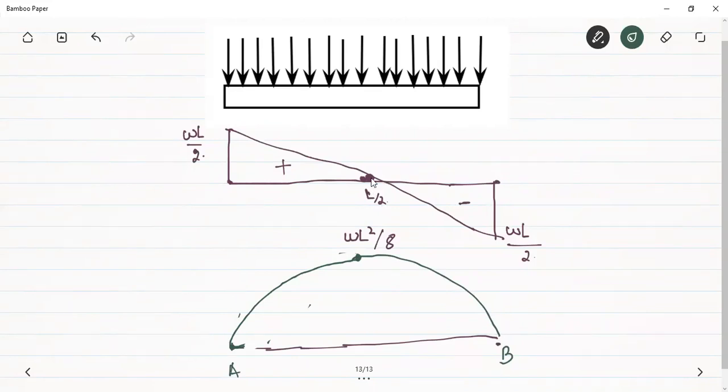Since shear force goes on increasing from x equal to L by 2 to x equal to L, the slope of the parabola from x equal to L by 2 to x equal to L should also increase. So this is a parabola of decreasing slope from 0 to L by 2, and increasing slope from L by 2 to L. This becomes a dome shaped structure. This is complete sagging, positive bending moment. So this midsection becomes the critical section as far as the bending is concerned.